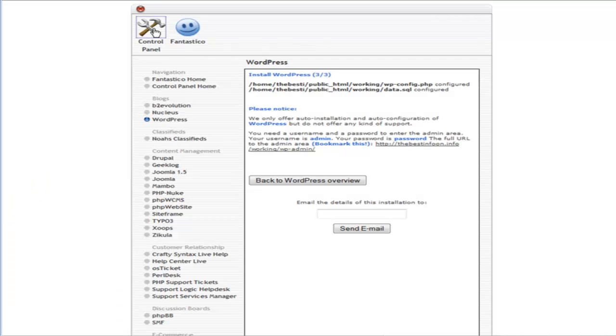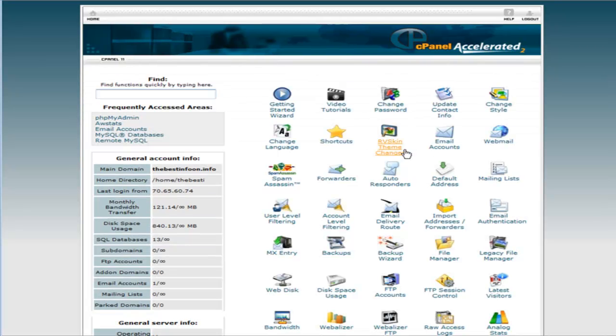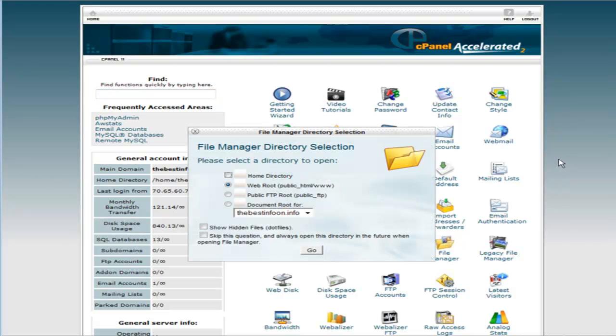Okay, now what we want to do next is we need to go to our cPanel. Well, let's go back here. Go back to our control panel. Then let's go to the file manager. We need to track down the config file for this WordPress blog to get the username and password out of it. Okay, so go to the file manager